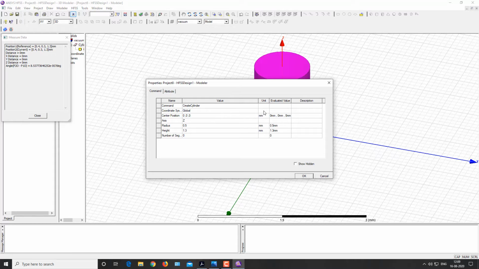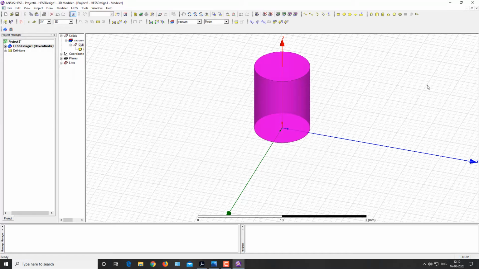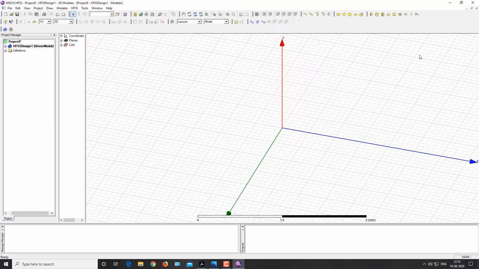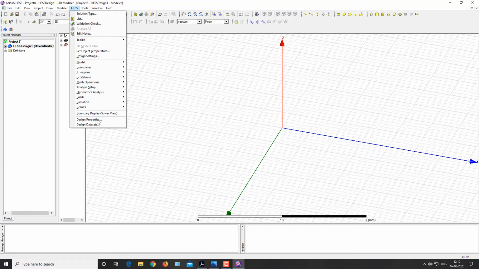to design a dipole, or define the parameters already in the HFSS software. For this, I am pressing Ctrl Z for undoing the action. For inserting your design equations in the HFSS software, go into the HFSS tab, and then the second last option is design properties.